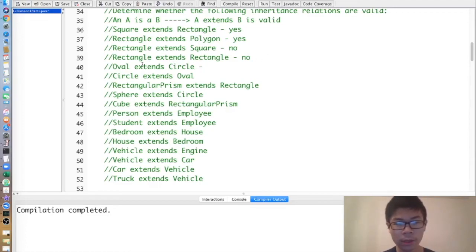Well, is an oval a special type of circle? Is every oval a circle? No. Is every circle an oval? Yes. Rectangular prism extends rectangle? Well, is every rectangular prism a rectangle? Simply no. Even though rectangular prism might just be a rectangle with an additional height, it doesn't, like, Java would